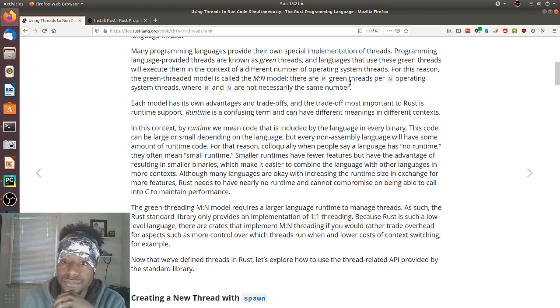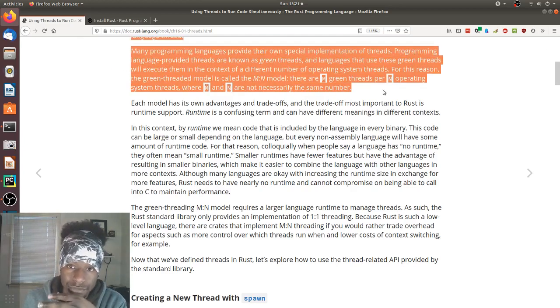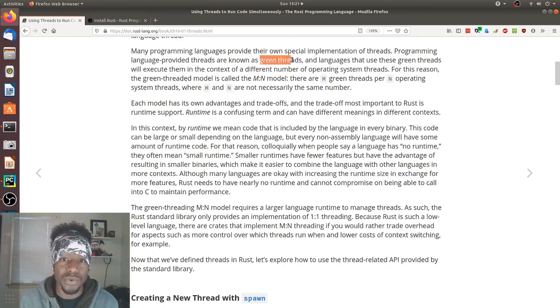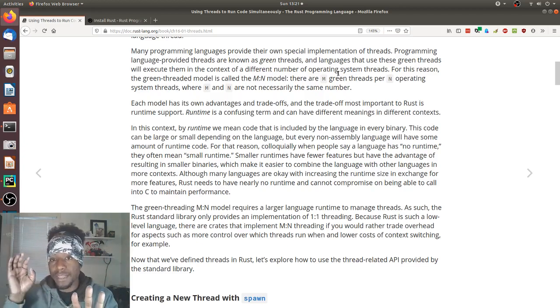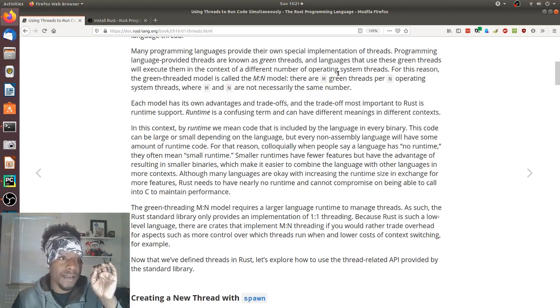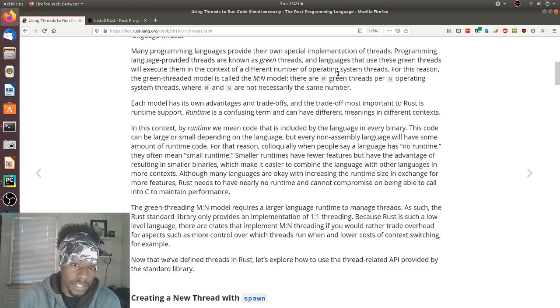I see. So another model for dealing with threaded programs, or threads in general, is called the M to N model, and this is using green threads. So seemingly the language has its own implementation of threads. And then when you call these threads, the number of green threads and the number of operating system threads that are created because of them are not necessarily one-to-one. Meaning there could be, let's say, 5 here and only 2 here. Something along those lines. There's no number consistency between them.